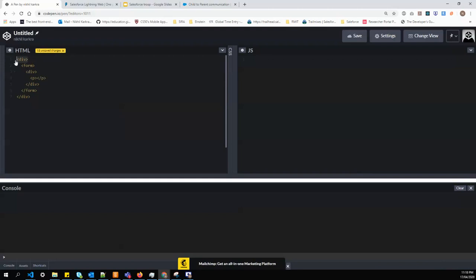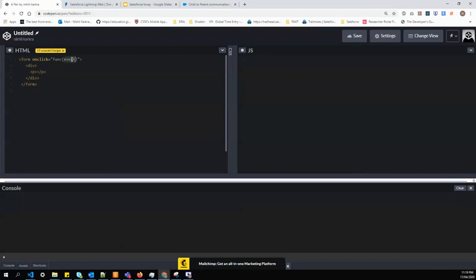I'll remove this parent div. I guess this gives us better understanding. So now first I have form. Form has a child div and div has a child p, and we'll attach an onclick event to all the elements, and we'll give this the name func event.